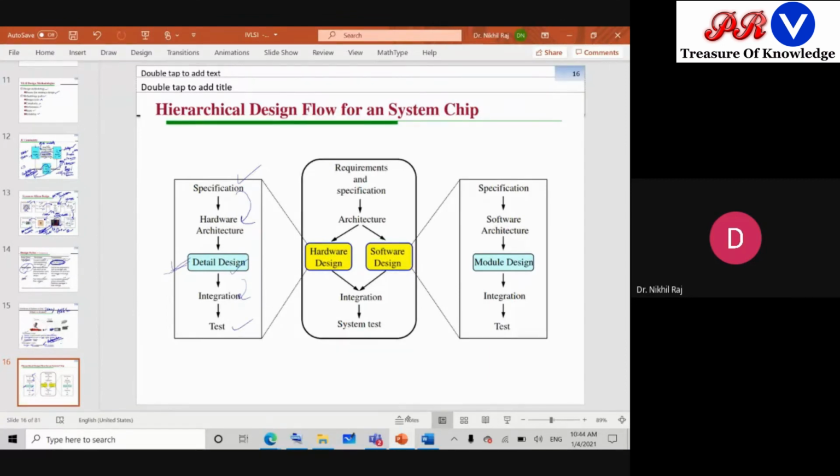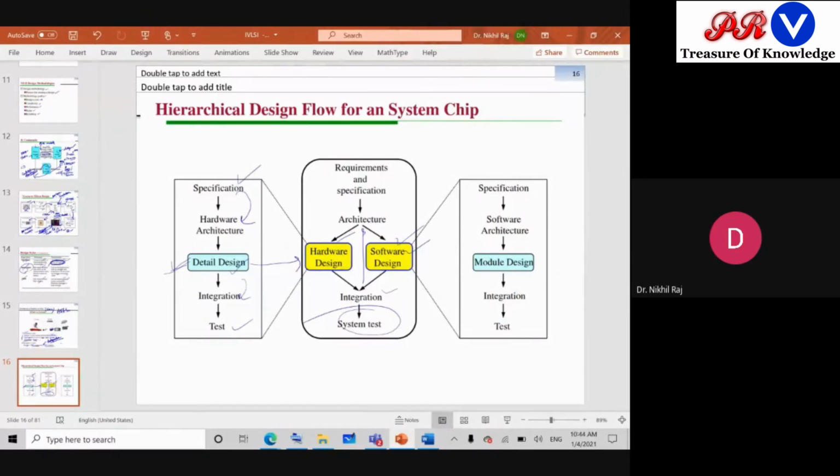If we further elaborate this one, so this detailed design means explaining what are the hardware parts and what are the software parts. Which are the hardware parts, and what the software will do with those hardwares, how the software will connect those hardwares and at what time it should connect. So that is the detailed design. And integration means combination of these two in such a fashion that it results in a single system.